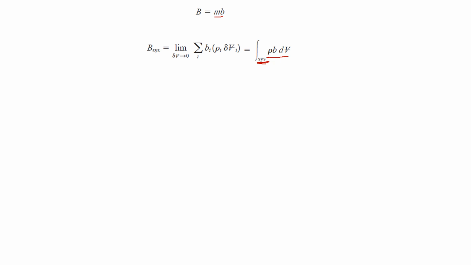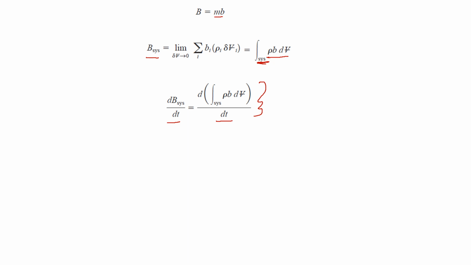I want to see the rate of change with respect to time of these extensive properties in the system. These are my extensive properties in the system. So I want to see the time rate of change in these extensive properties of the system. So I will simply use my full derivative d over dt to see the change with respect to time in these extensive properties. So this is for the system. I can write the same